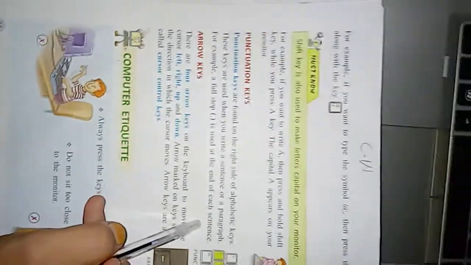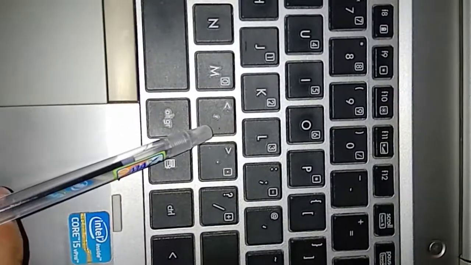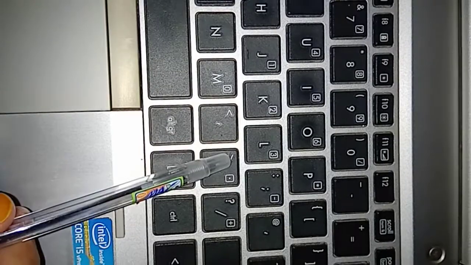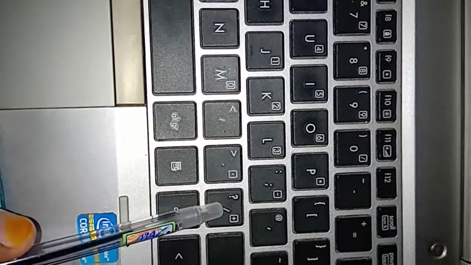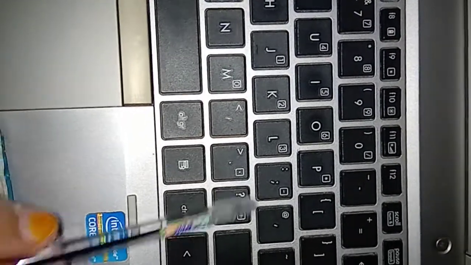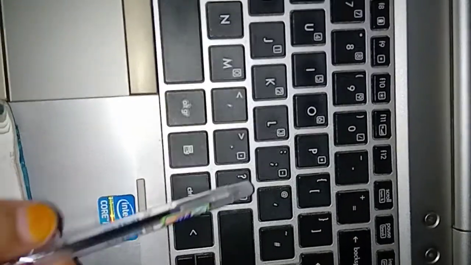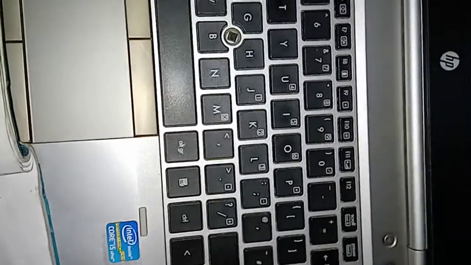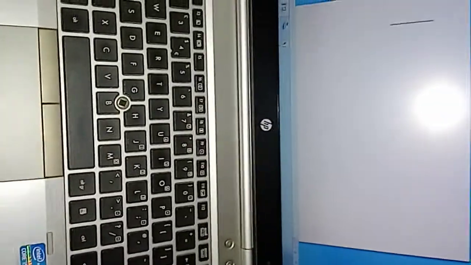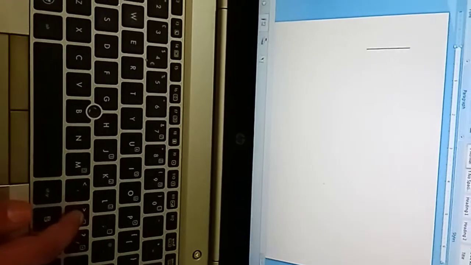Look at the punctuation keys on the keyboard. These keys like full stop, greater than, less than, backslash, question mark. These keys are punctuation keys. Now we use these punctuation keys. Look, for example, we press the full stop key. When we press, then we use full stop,